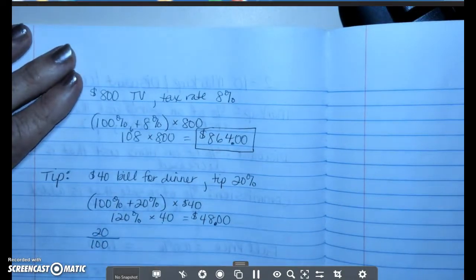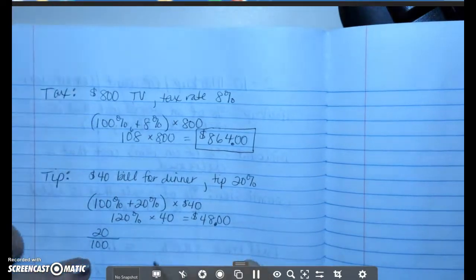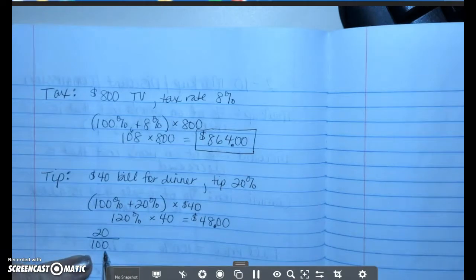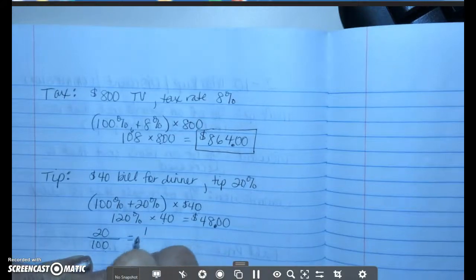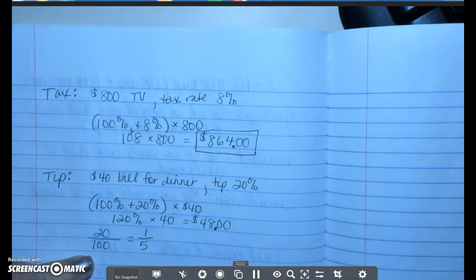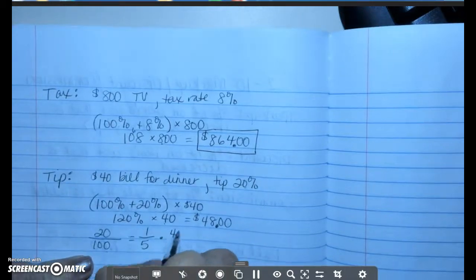Okay, so 20%, Mariah, here's to answer your question. You want to know, why do you divide by 5? Because that is how I figure out my tips. 20% written as a fraction is 20 over 100, right? Can you reduce that? Well, how many times does 20 go into 100? 5 times, right? So multiplying by a fifth is the same thing. If I took that and multiplied by $40,